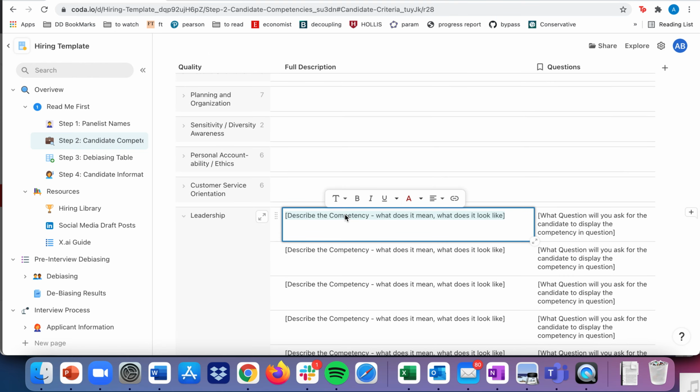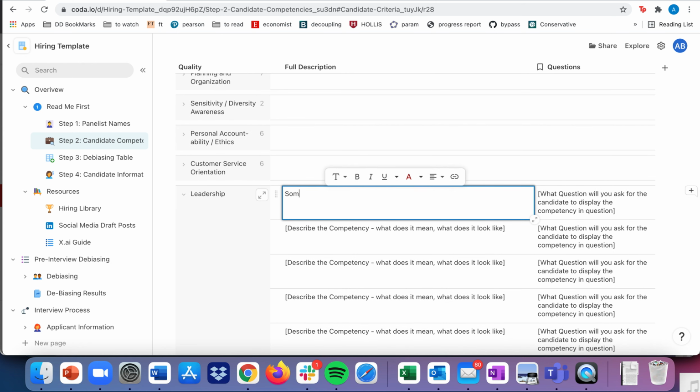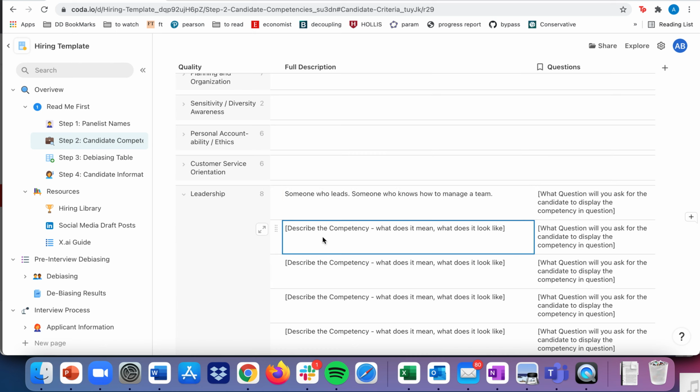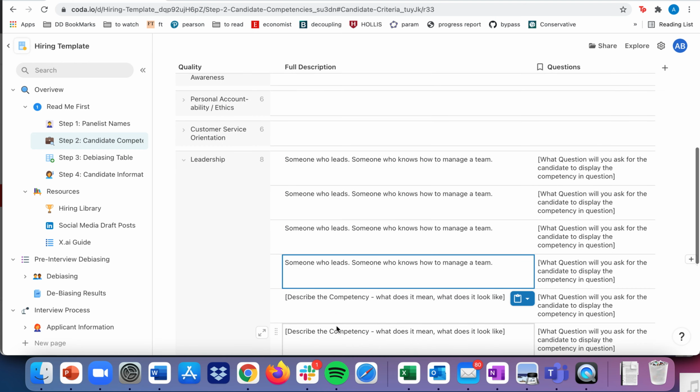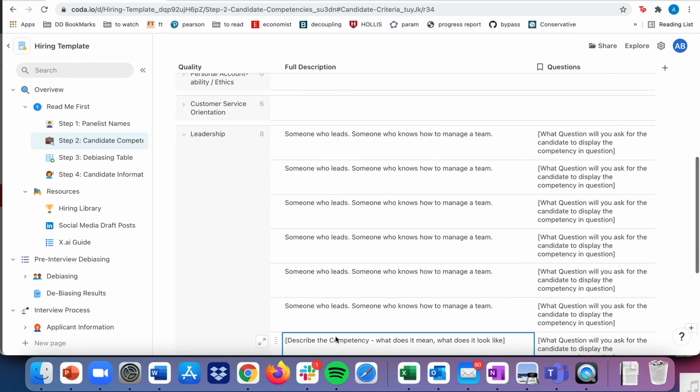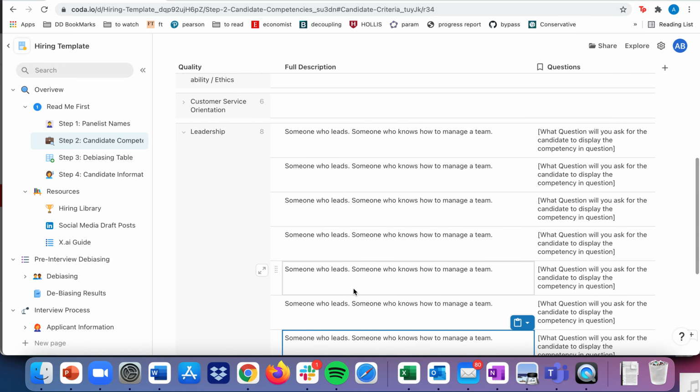So this is the exact same full description as was in the other category. Let's say I want someone who leads, someone who knows how to manage a team. What you're going to want to do is copy this. So you hover over it, Command-C, and then Command-V down here. You're just basically copying the description because obviously what leadership means is not going to change from question to